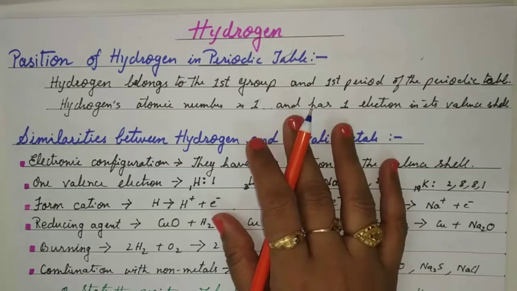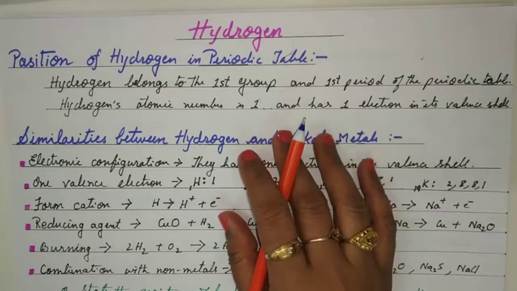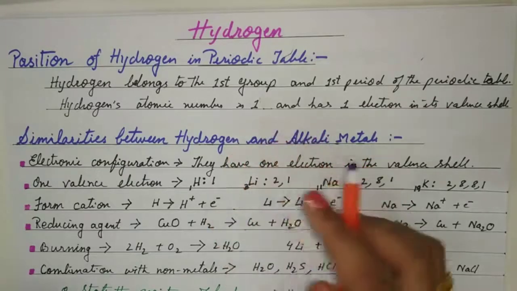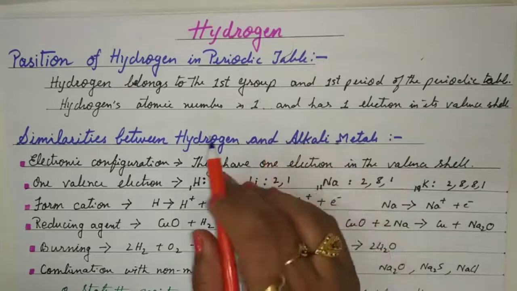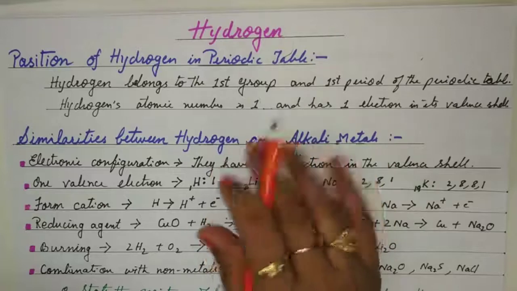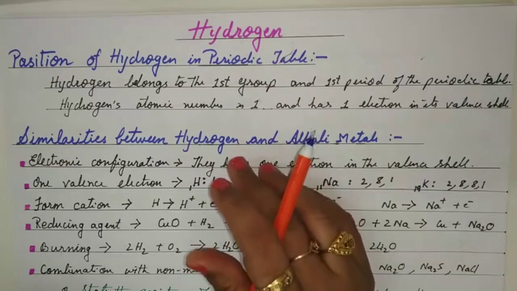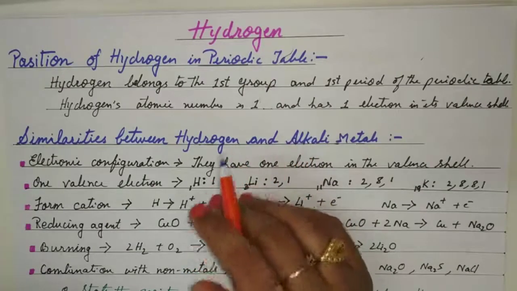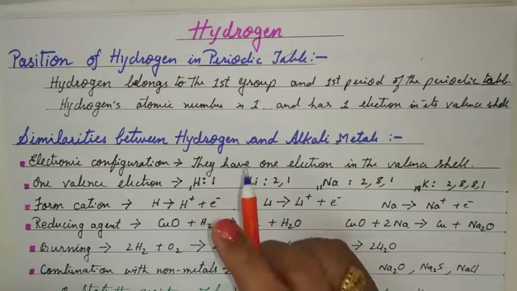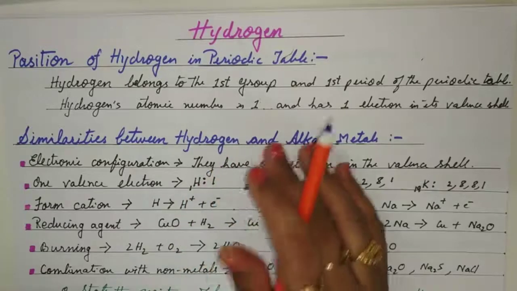So let's begin. So children, when we talk about hydrogen, I am sure everyone knows that the symbol of hydrogen, you all know it is capital H. The molecular formula, you know it is H2, that is when we say hydrogen gas, whose atomic number is 1, so the valency is 1, the electronic configuration is 1, that is the K shell, the first shell, the relative atomic mass is 1 and the relative molecular mass is 2.